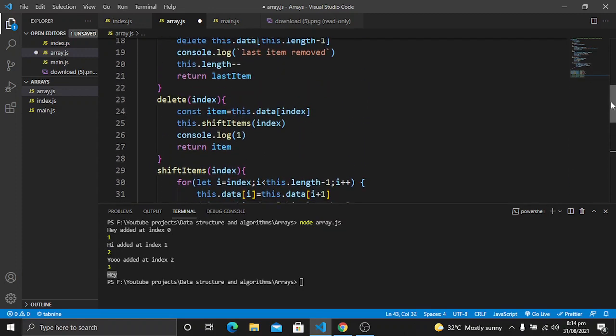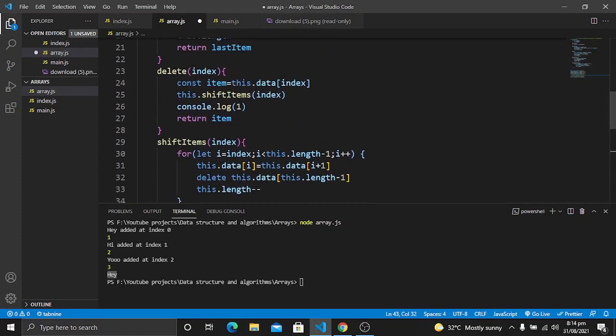Now let's also, at this position, use template literals and then a dollar sign, and the item has been removed.